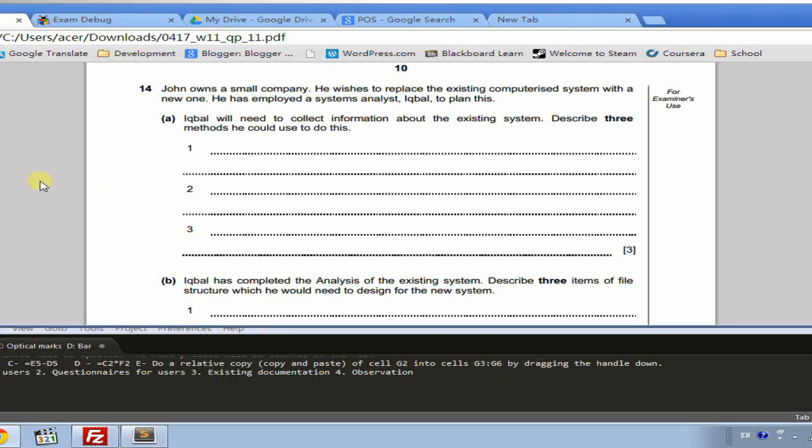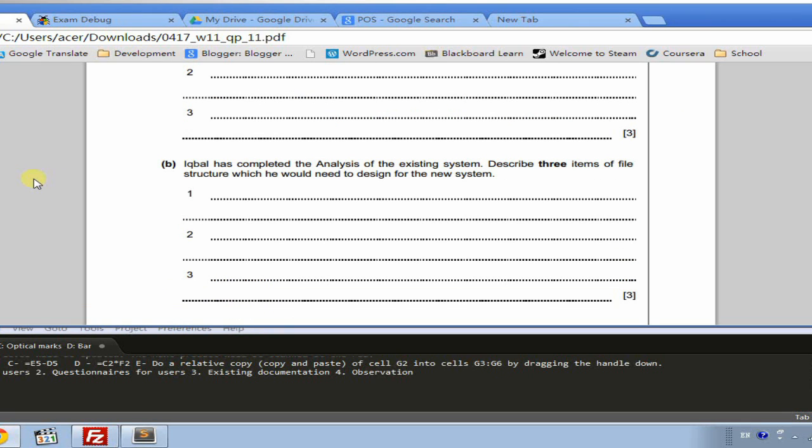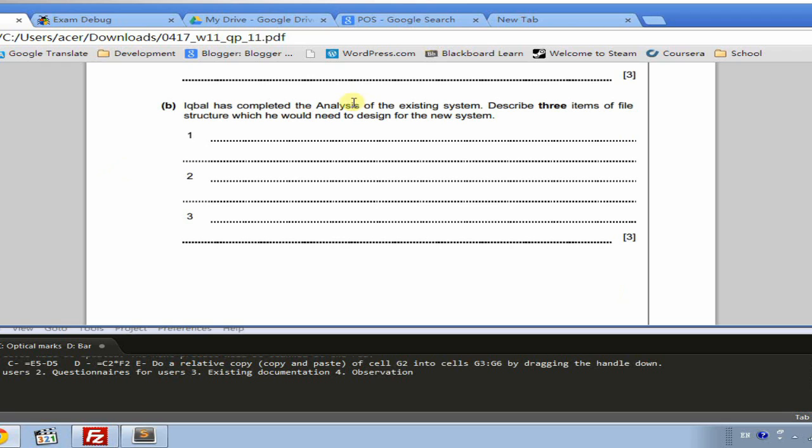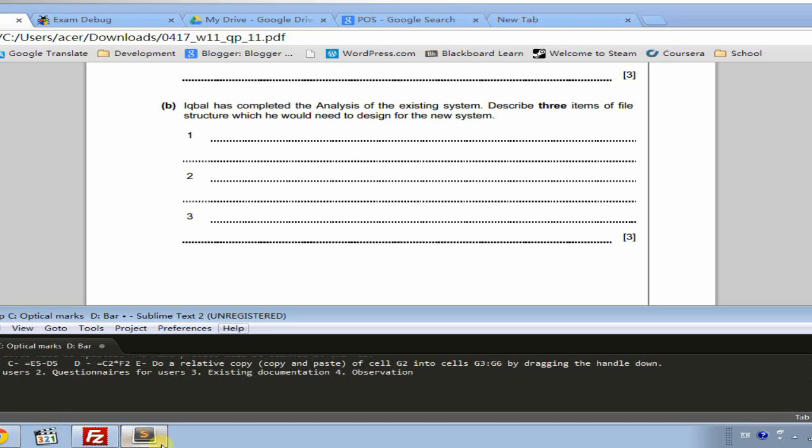Part B. Iqbal has completed the analysis of the existing system. Describe 3 items of file structure which he would need to design for the new system. So this is a bit of an odd question because